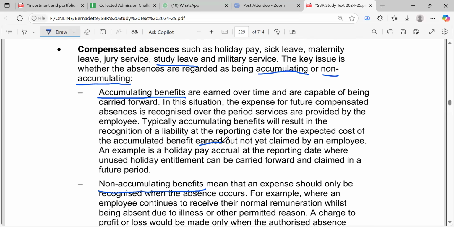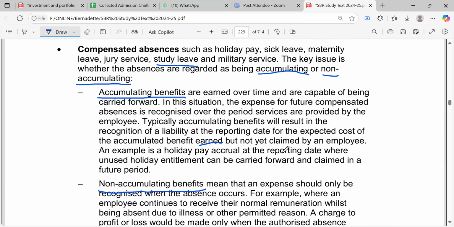Because at any unknown day, the person could come and claim that. That's why he's saying you could recognize a liability at the reporting date for the expected cost of the accumulated benefit earned but not yet claimed by an employee. An example is a holiday pay accrual. Let's say we have a holiday pay accrual at the reporting date. The year is ending, right? The year is ending. Someone is to be paid in this year, right? But he has not